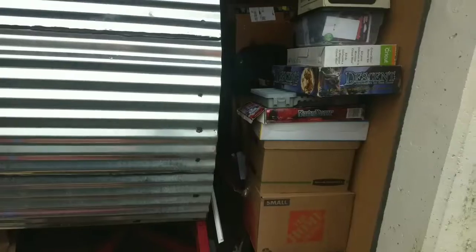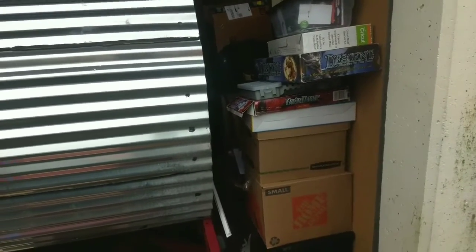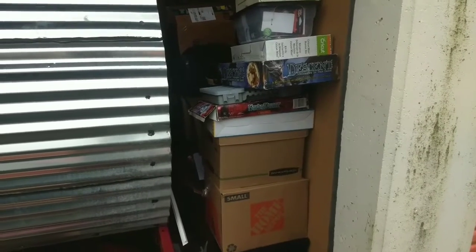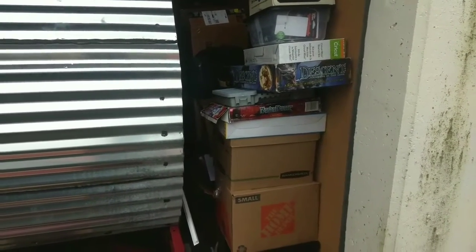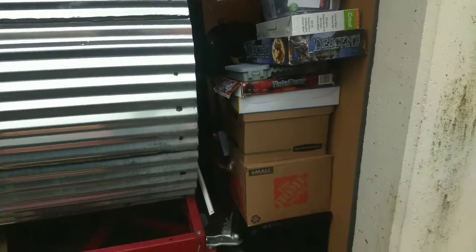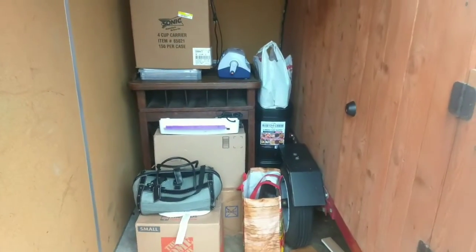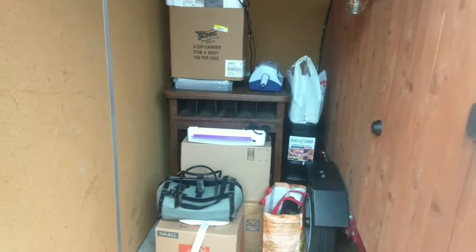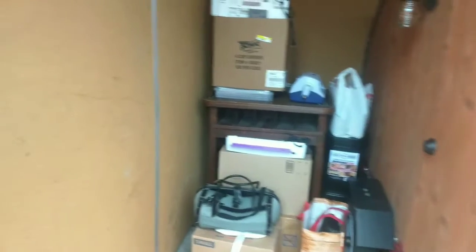So the first job is going to be sorting what I absolutely want, what's going. I'm going to take a bunch of the board games up to the game store and hopefully sell them or get something for them, and then throw away what I can't take. And then some of this is going in the car, and a lot of it's going in the trash. And then we'll go from there. There shouldn't be anything inside the...